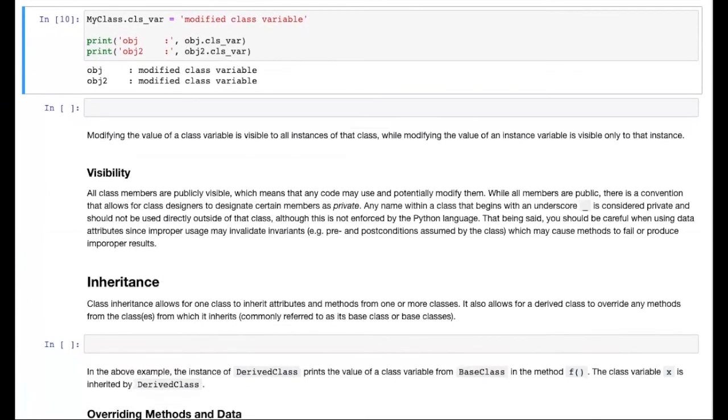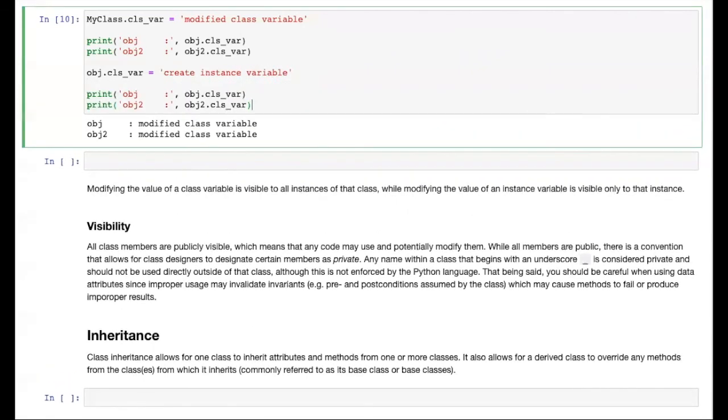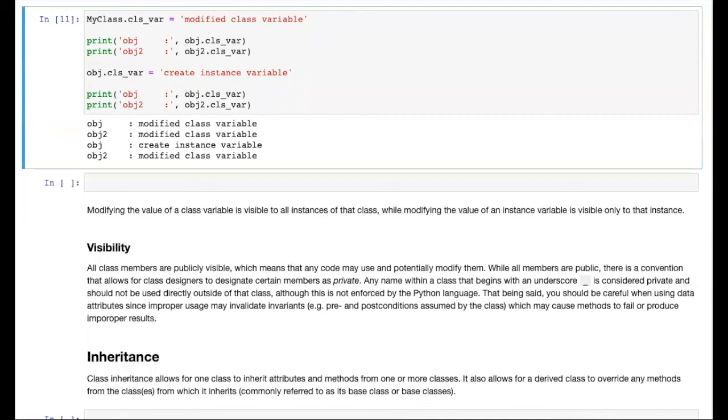Now to see this, let's actually use obj to set the value of class var. Then we'll print out class var using both instances. Now when I run this, we see in the output that the first 2 lines that print use the modified class variable that we set in the first line. The last 2 lines in the output are different now. obj is using its instance variable that has the same name as the class variable, and obj2 is using the